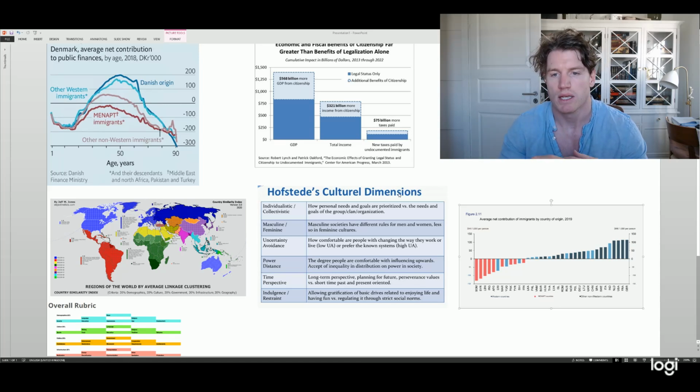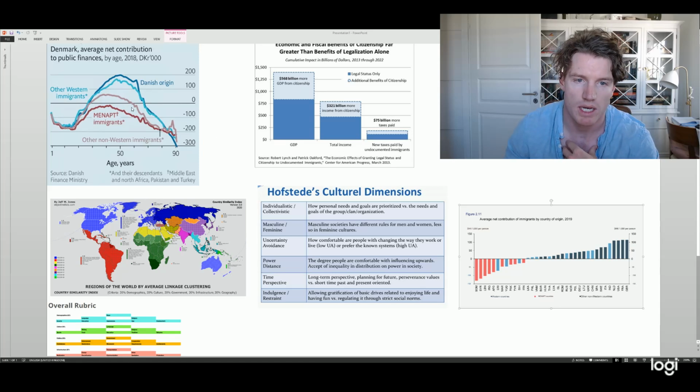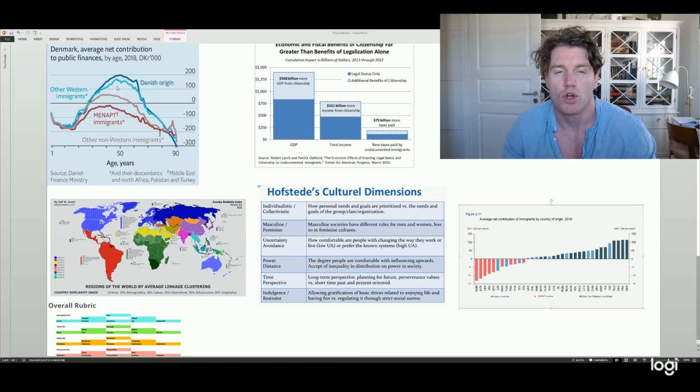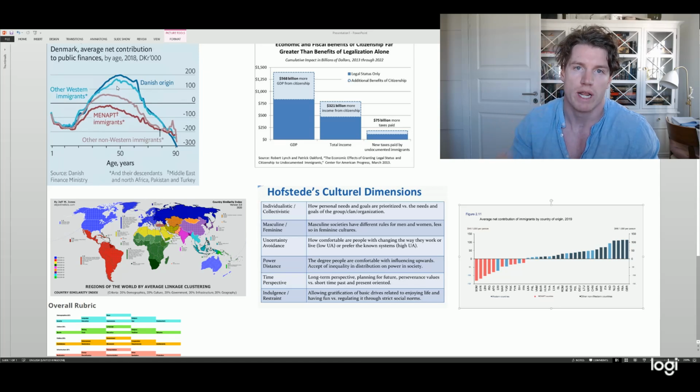But in this sense, I think it's best if we start with a case study, and one of the most popularized or famous ones out of The Economist here is the Danish case of net contribution. So a 2018 study here allows us to look at what we can consider the net fiscal contribution, which is more or less, if you earn money and thereby pay tax, would you contribute in total net or net negative towards the broader economy, into, you could say, society in general,